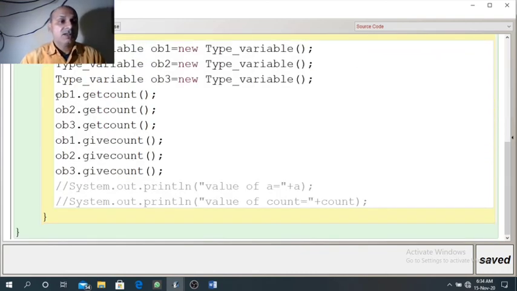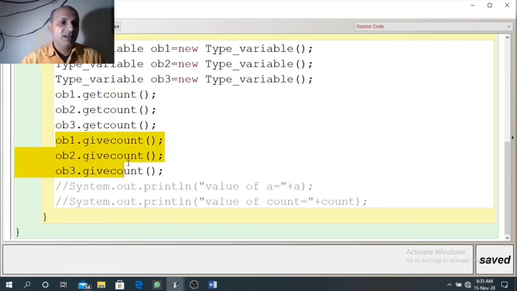So after these three statements, the value of count will become 3 and 3 will be shared among all the objects ob1, ob2 and ob3. But for ob1, ob2 and ob3, the value of a will be 1, 2 and 3. So the instance variable will have different values of a, that is 1, 2 and 3, and count will be shared among all the objects.